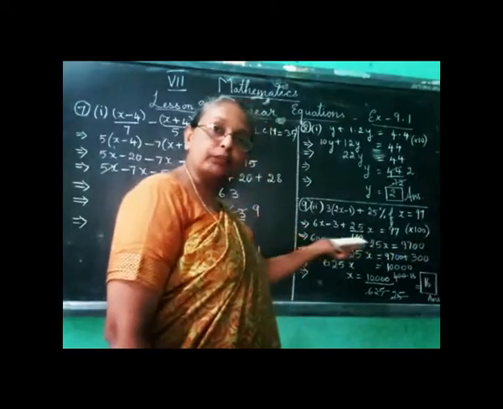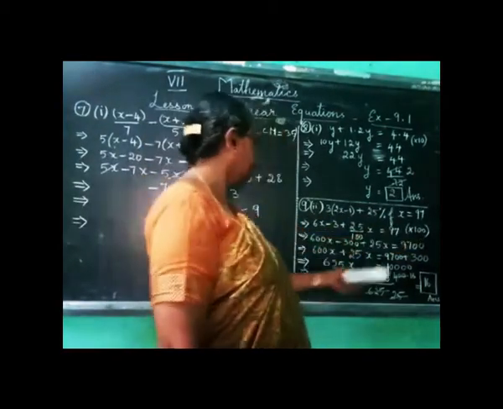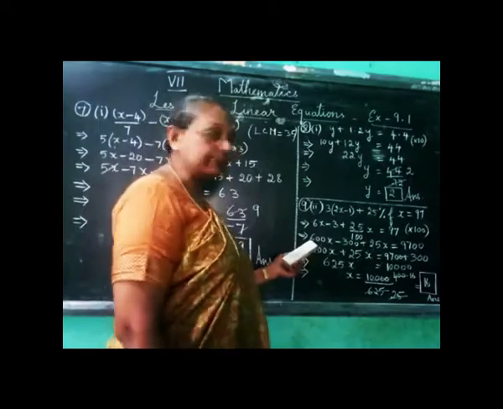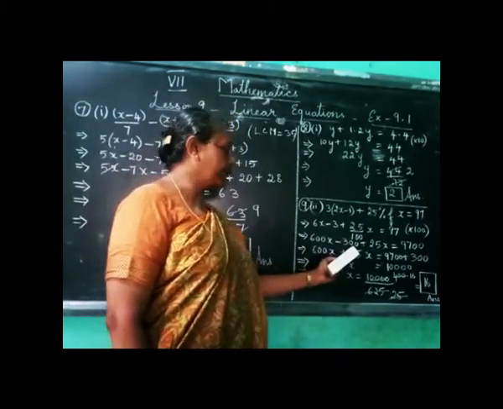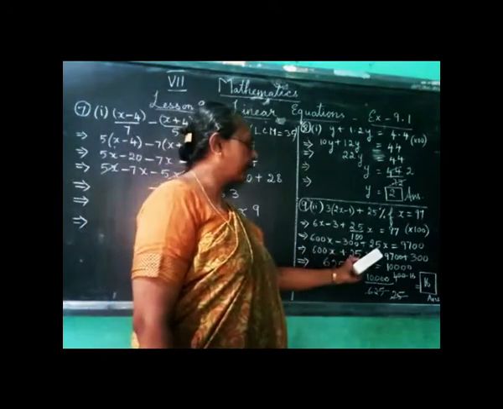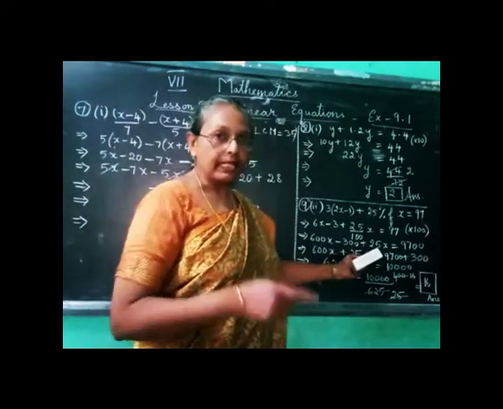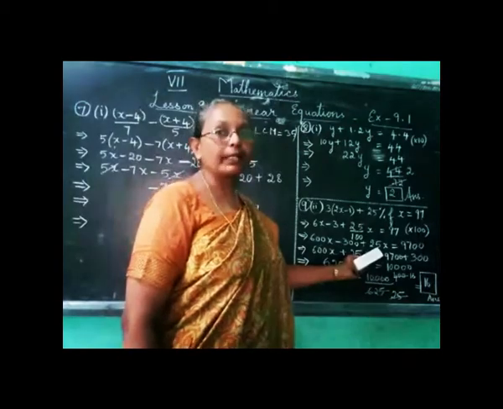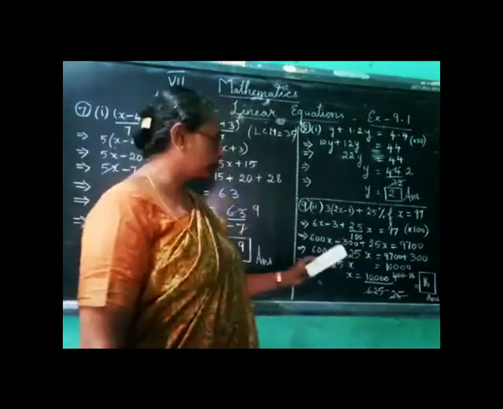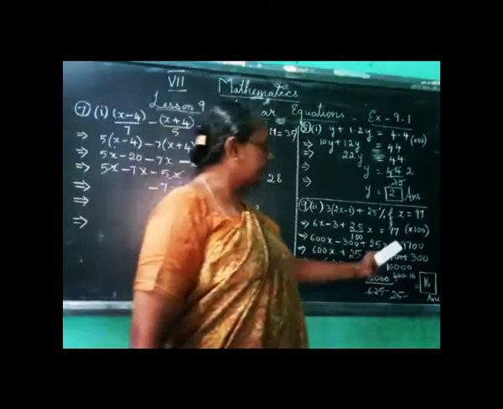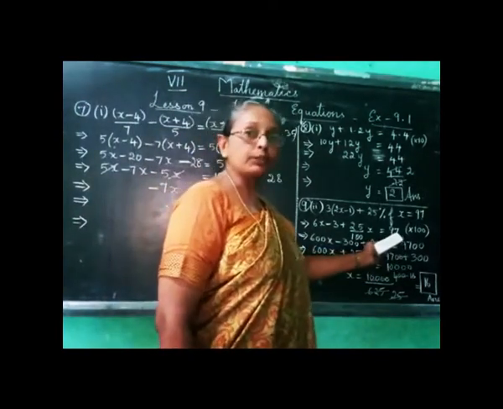So multiplying the full equation by 100, what do we get? 6 into 100 is 600x minus 3 into 100, 300 plus 25 by 100 into 100. When 100 gets cut off, we get only 25. So 25x, that is what remains, and that is equal to 97 into 100, we get